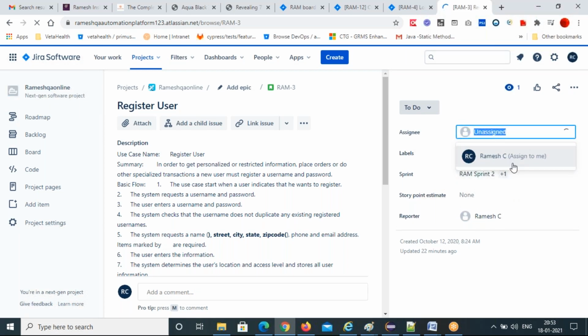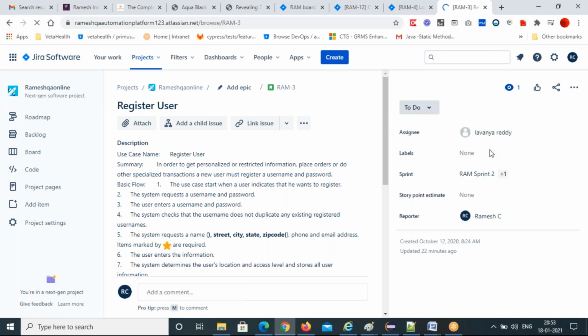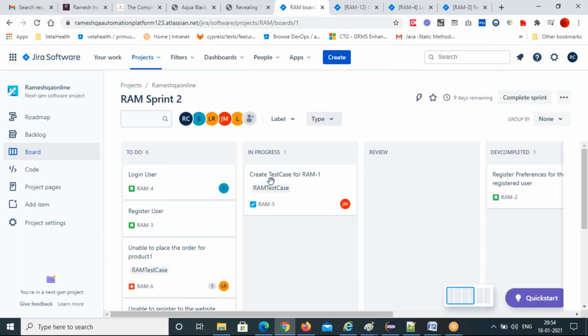And you are my tester now. I have two developers. Just think, I am the manager, assigning the task to that particular person. Now Lavanya will work on this registered user development. Yes. So that's how it is going to happen in real time.